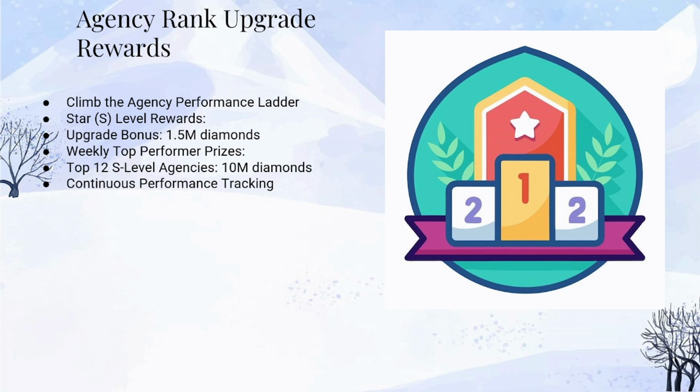It paints a picture of a system that, well, tries to reward different kinds of success, managing hosts well, building a network effectively, and creating those really engaging party room hubs. It definitely seems multifaceted. That's not just one single path. So that leads to maybe a final thought for people listening. Given all these pieces, the basic rates, the sub-agency structure, the party room perks and trade-offs, the rank system, how do you think all these things might interact? How would they shape the way agencies actually grow and operate on BoloUp?